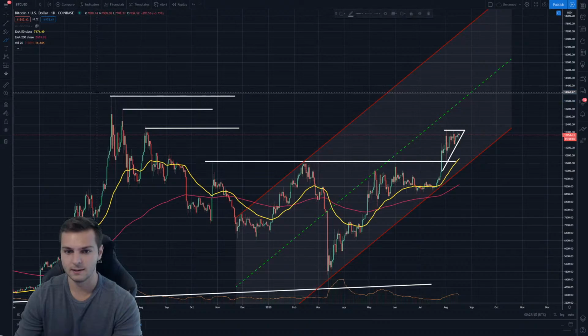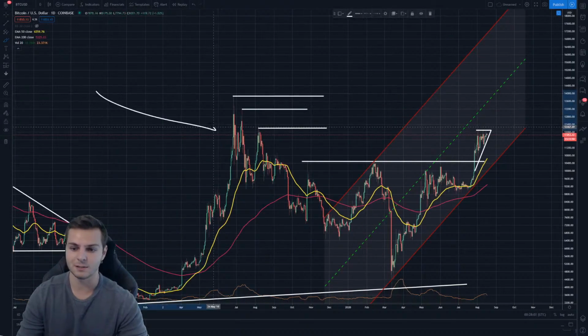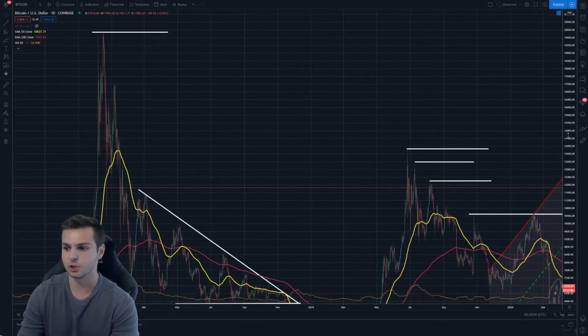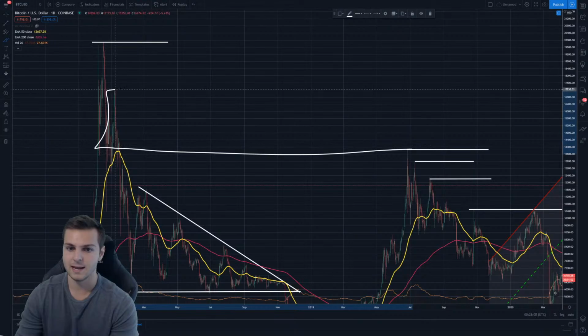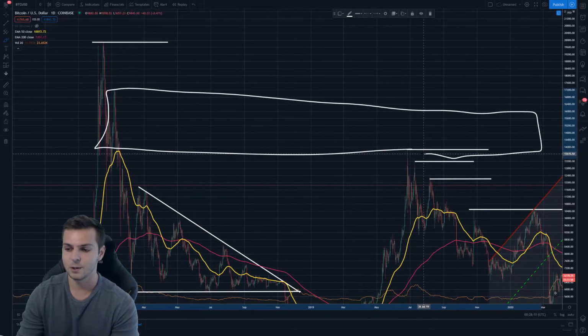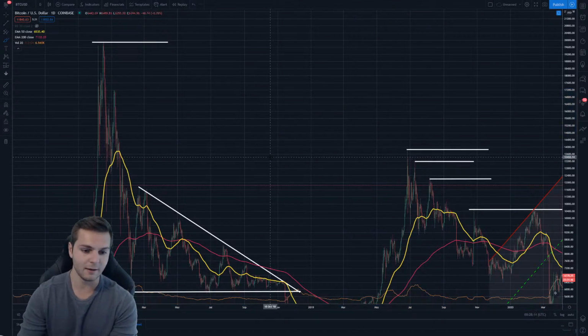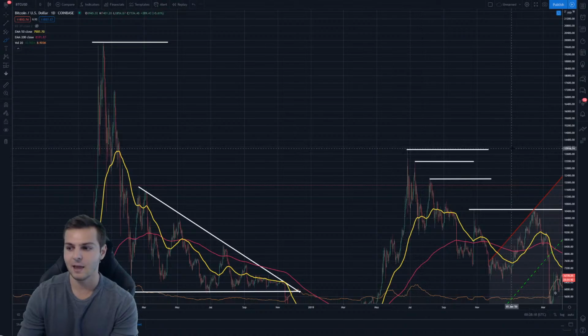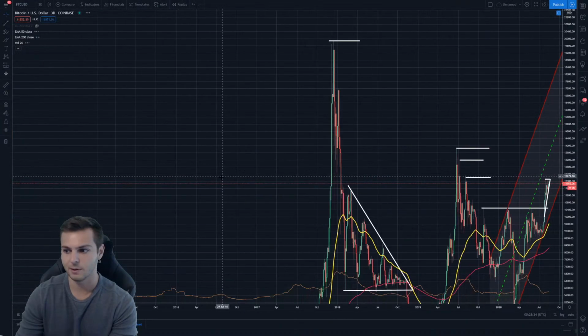Now, this one is going to be kind of the final form of resistance for Bitcoin, because if we look over here on the chart, we can see that between this level of $13,500 and the $17,000 area, there really isn't too much for Bitcoin to handle. There is a little bit of stuff in between from what we saw during 2018, but again, if we are to break out from where we're at right now and look over on the chart, I'm going to show this on a 3-day so we can see this just a little bit more clearly,